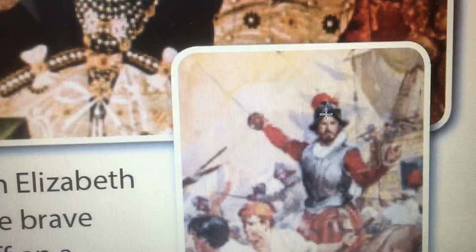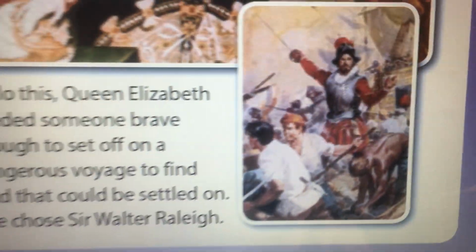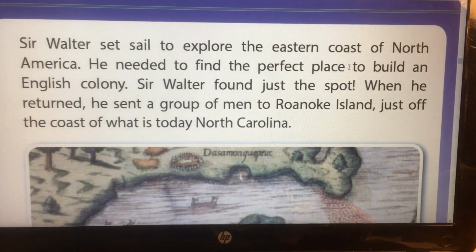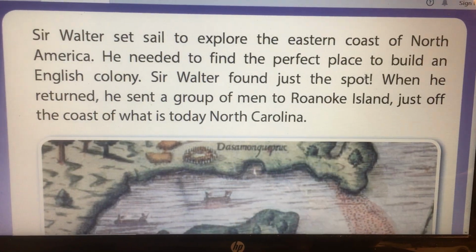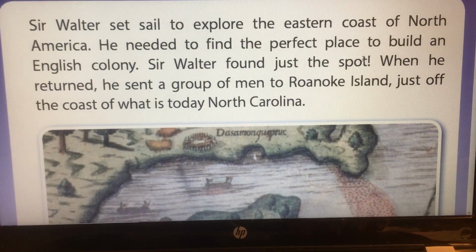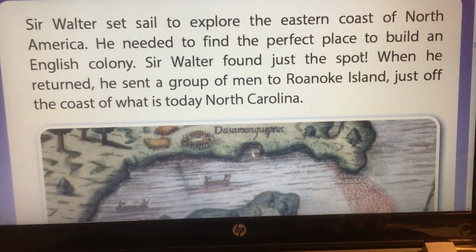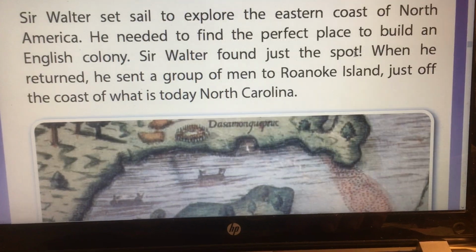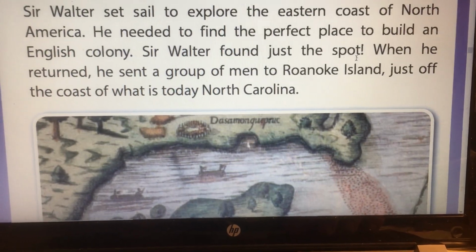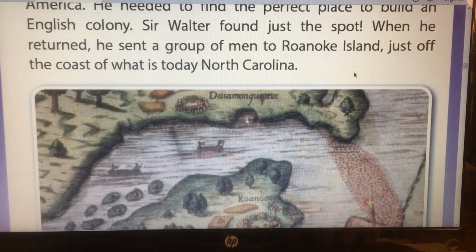There's a picture of Sir Walter Raleigh. Sir Walter set sail to explore the eastern coast of North America. He needed to find the perfect place to build an English colony. Sir Walter found just the spot. When he returned, he sent a group of men to Roanoke Island, just off the coast of what is today